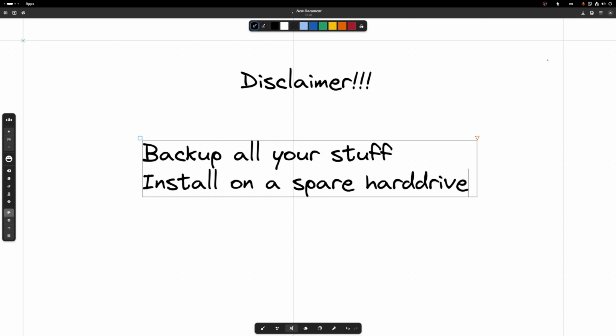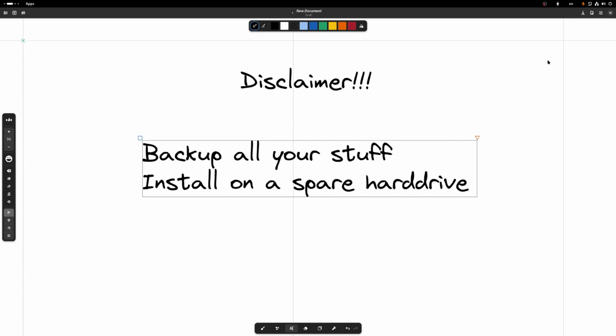Before we get started, I got a small disclaimer. This could potentially delete all files on your computer, making them inaccessible. So be very careful when installing. If you do it on real hardware, you can safely do it in a virtual machine, no problem. So if you install directly on your computer, make sure you got all your stuff backed up first. I won't be responsible for any data loss, so this is my warning. Also, if possible, if you got a spare computer or a spare hard drive, you might wanna try it on